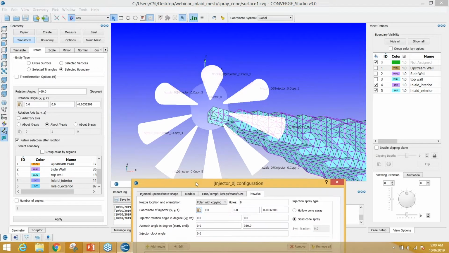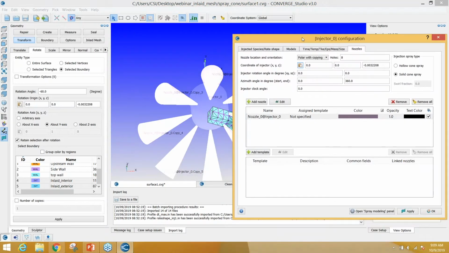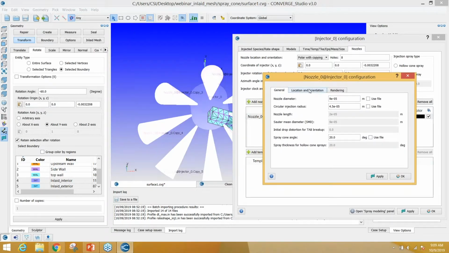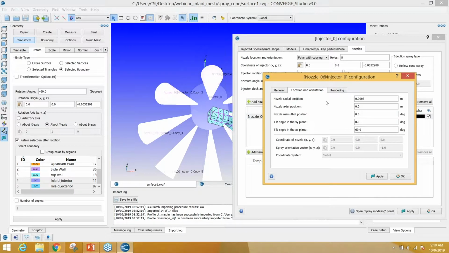To get the location of the nozzle, previously we opened up this injector tab to get the coordinate for the injector. So in the same tab, you have the nozzle properties as well. So you can click on edit. In this window that pops up, you have location and orientation. So if you click on that, you have the nozzle radial position. So this refers to the offset of the nozzle from the injector location. So that's the amount by which you would want to translate